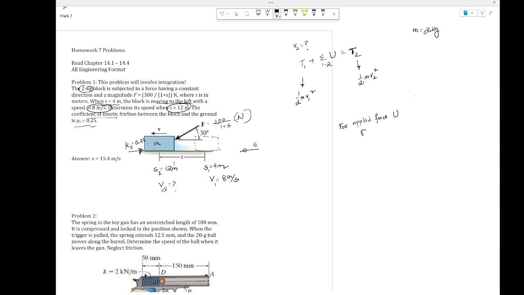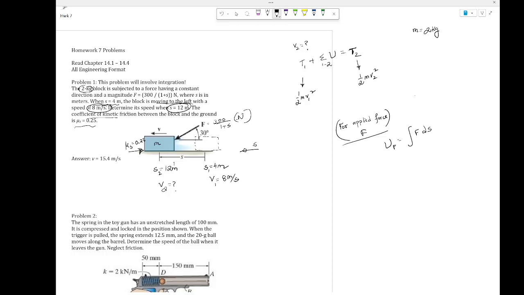Applied force F is the most difficult part of this problem. So in other words, to find this UF, let me write it UF here, and then you have this force